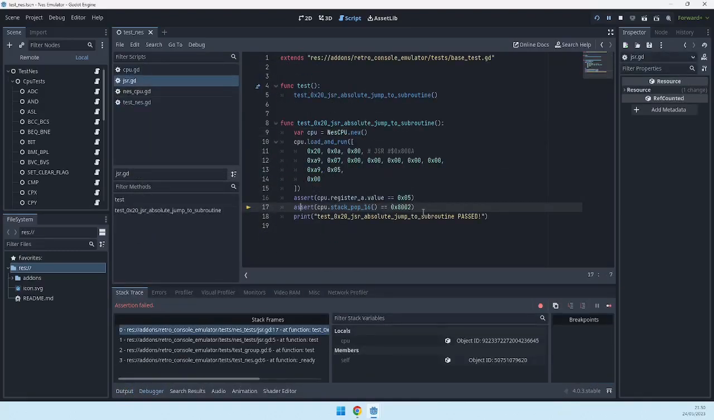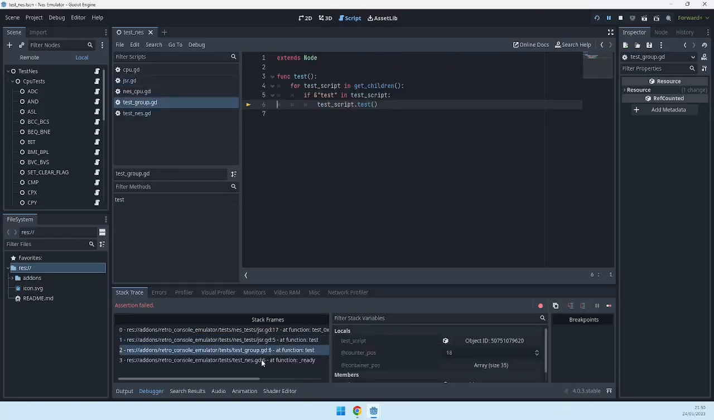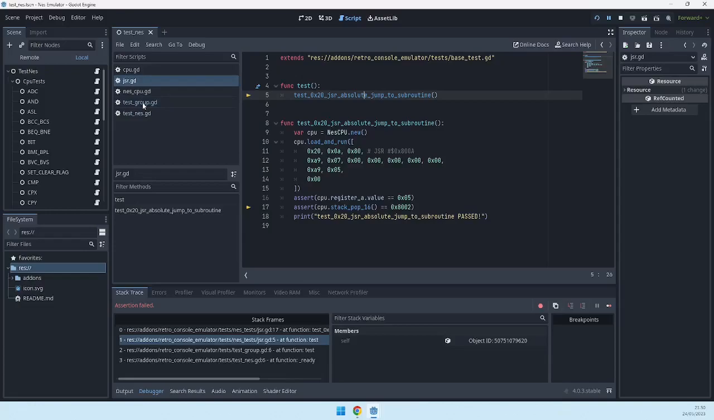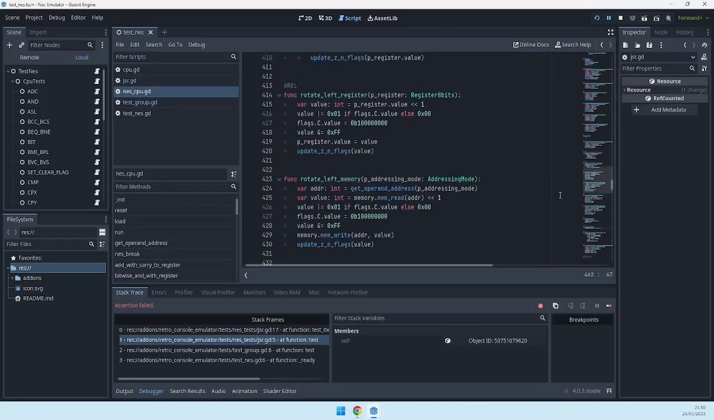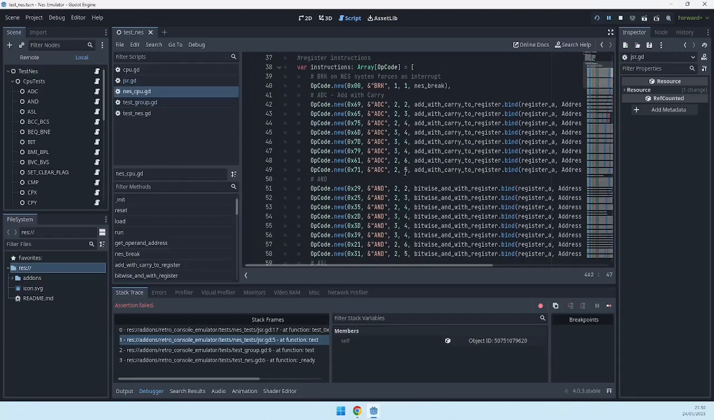And wait, what did I do wrong? I did not change anything, I think. So it's failing jump subroutine absolute, and that could be because a break now affects the stack. That makes sense. So I just wonder why it didn't fail before. And it happens since I changed the CPU. So the break instruction